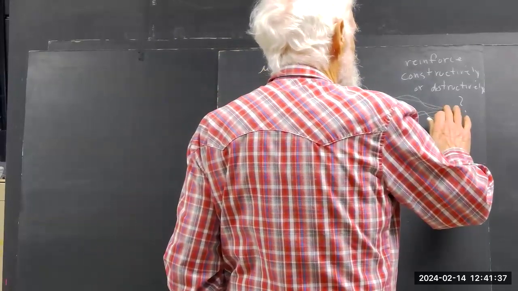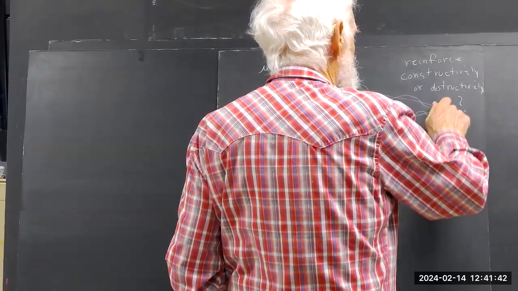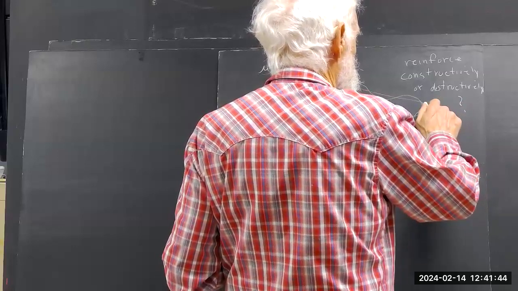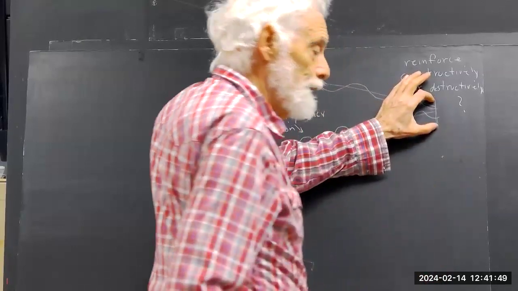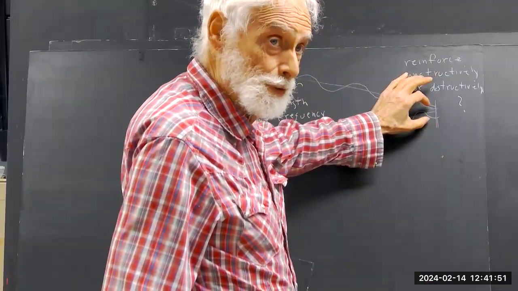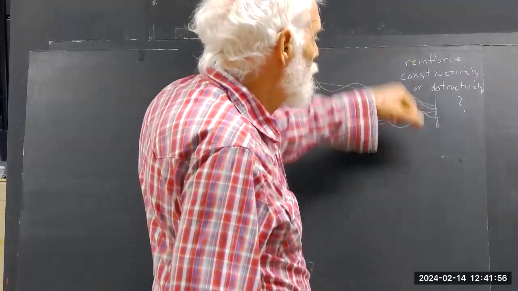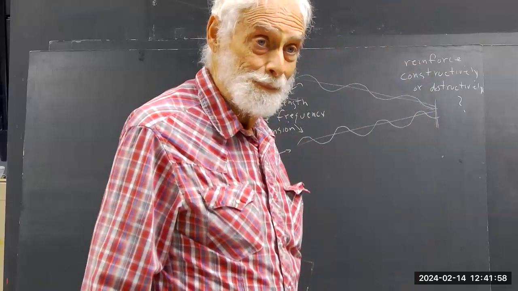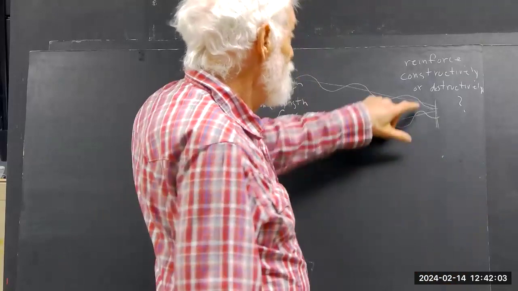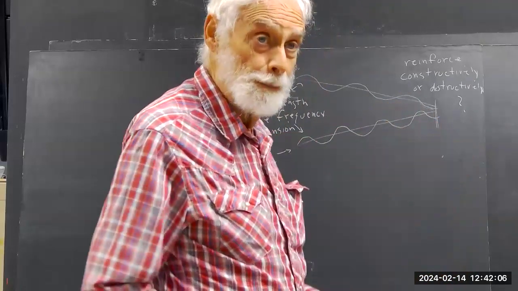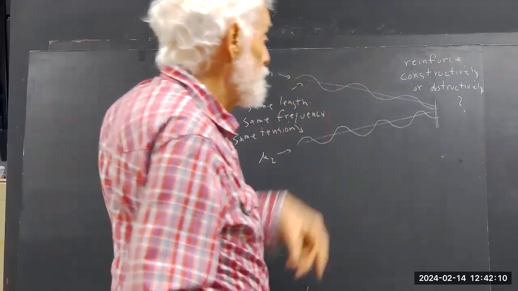And I'm going to change the picture slightly. We'll have the thing truncating right here. So it's pretty clear that valley meets valley. And is this thing going to get shaken around more or less when this occurs? Well, it turns out both waves are tending to pull this thing down. And of course, you can superpose the two waves. If you add a valley to a valley, you get a bigger valley. So you have constructive interference.